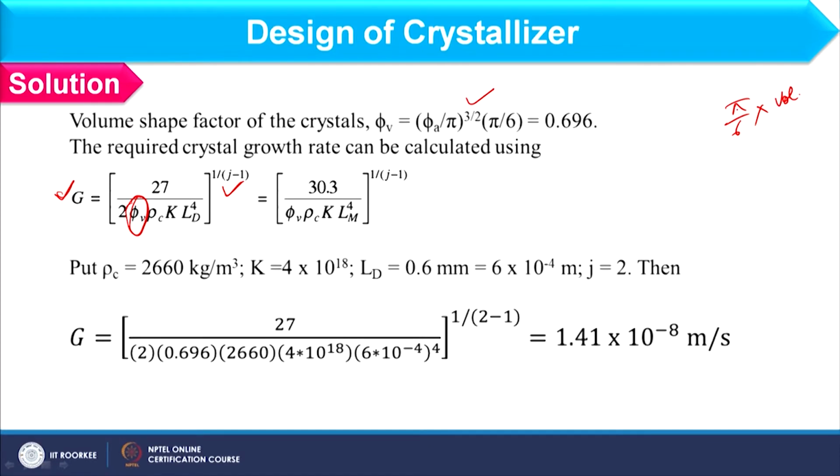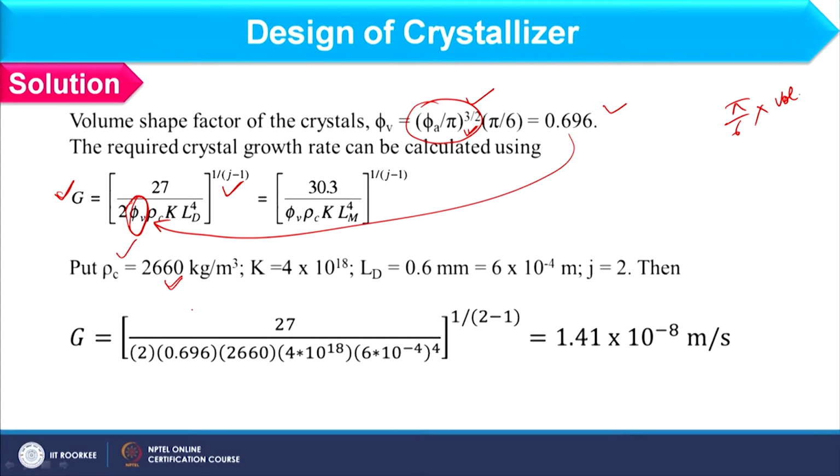That we can find out from this, because the area shape factor is given to us. The volume shape factor of the crystal is obtained as 0.696. That value we can consider here, and similarly rho C, that is basically the density of the crystal,